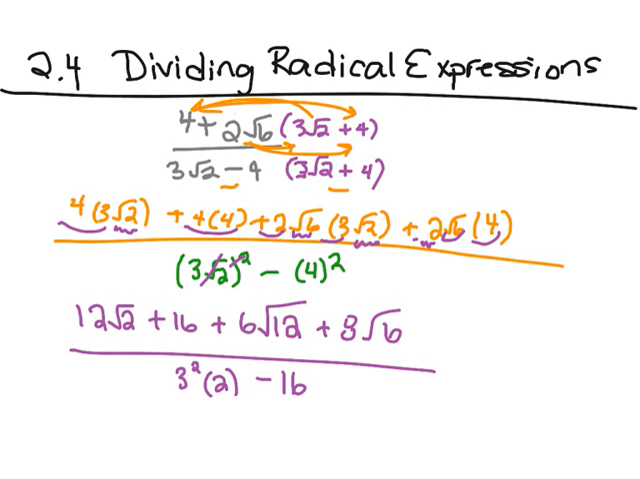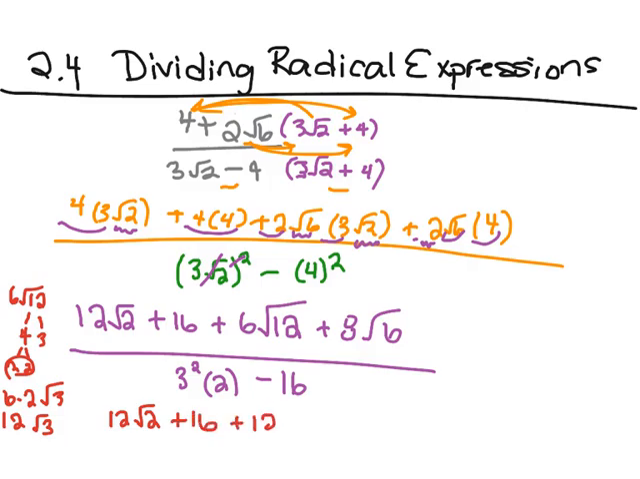Now we want to simplify all of our radicals. So root 12, 6 root 12, can simplify into 4 times 3, 2 times 2. So we have 2 times 6 root 3, which is 12 root 3. So we have 12 root 2 plus 16 plus 12 root 3 plus 8 root 6. And if you multiply out, 3 squared is 9, times 2 is 18, minus 16 is